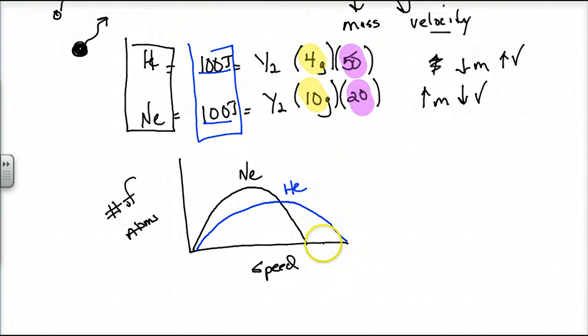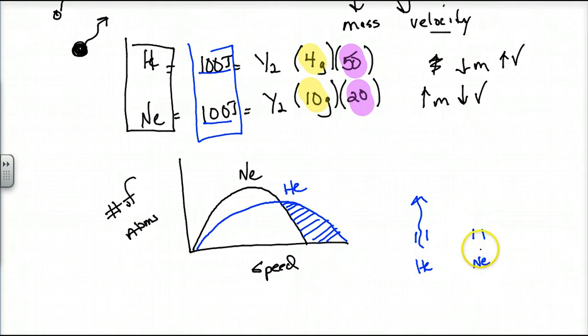Look at that. Helium has a lot more molecules that are moving at a faster rate than neon. There's still a range, because with speed and kinetic energy there's an average motion. But helium has a lot more molecules that are moving faster on average than neon. So if we had a gas leaking helium out of a container, and we had neon in a container,